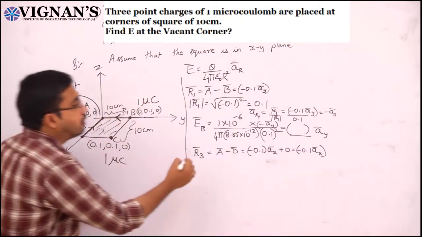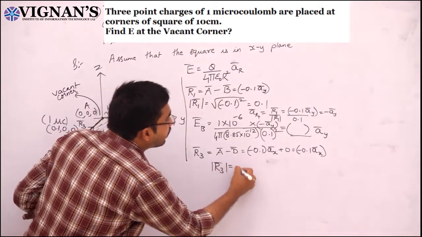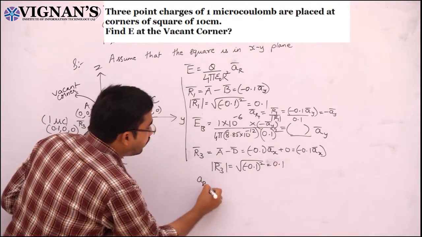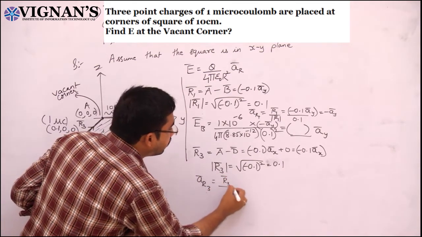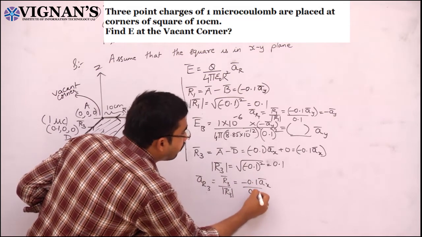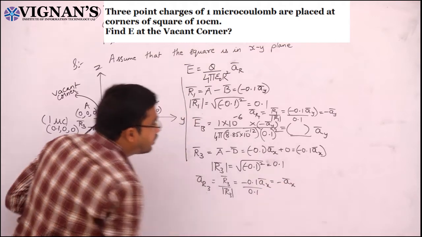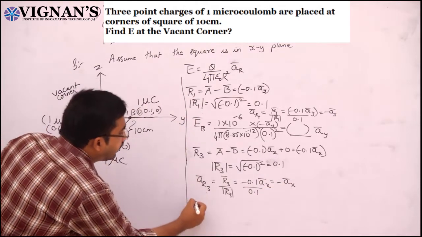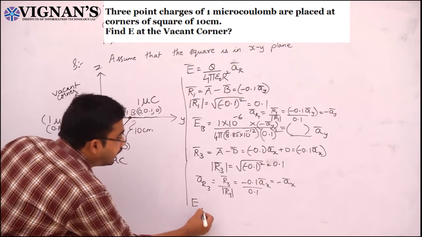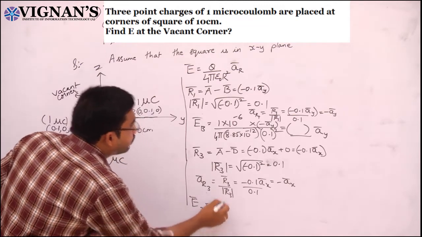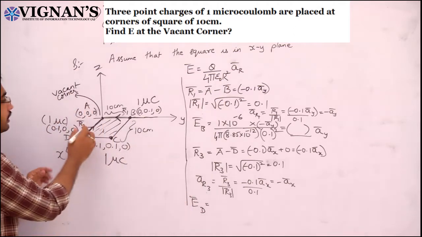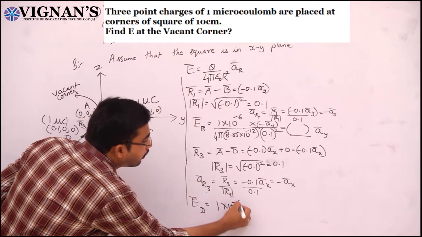So mod R3 means, what is mod R3? Root over minus 0.1 whole square, that is 0.1. So your AR3 is given by R3 by mod R3, which is minus 0.1 AX by 0.1, that means minus AX. Now we can calculate the electric field intensity at this point A due to the charge at D. So ED is equal to, same formula you can use, Q by 4 pi epsilon naught R square into AR bar. Q means, what is the charge here? Again 1 microcoulomb, 1 into 10 power minus 6 by